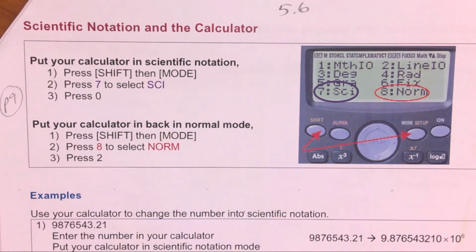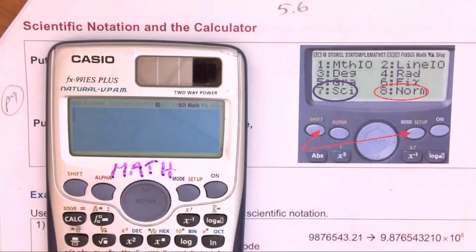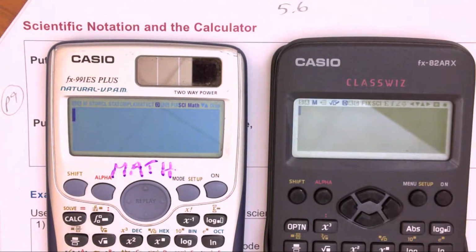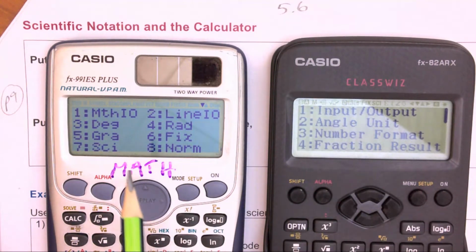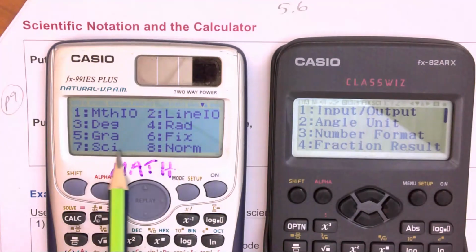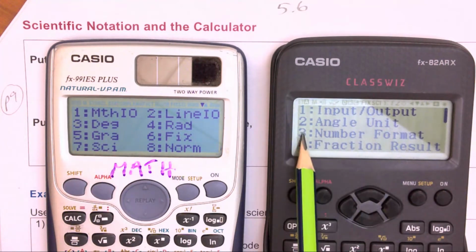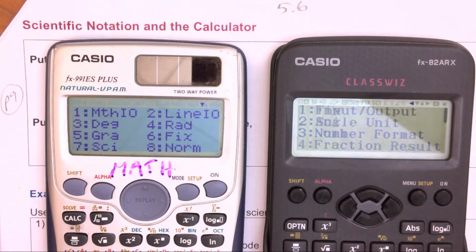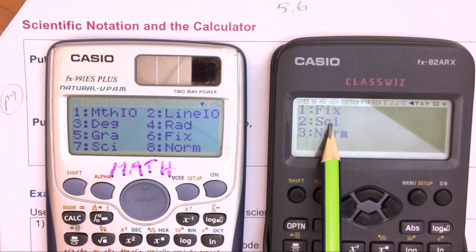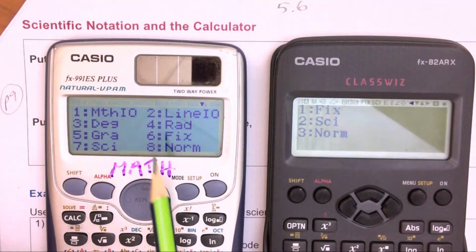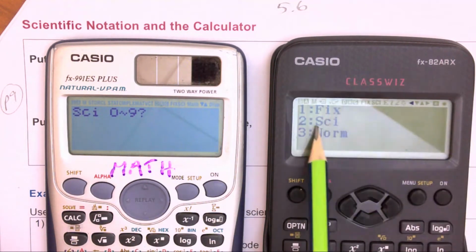Okay, so we're still doing 5.6, and we're going to do how to do scientific notation using your calculator. It depends what calculator you're using. If you want to put it in scientific notation, you hit Shift Mode, and you can see here you can put it in normal mode or scientific mode. Here you have to hit number 3 first, and now you can put it in normal mode or scientific notation mode. So if I want to put it in scientific notation, I put 7, and here I push 2,